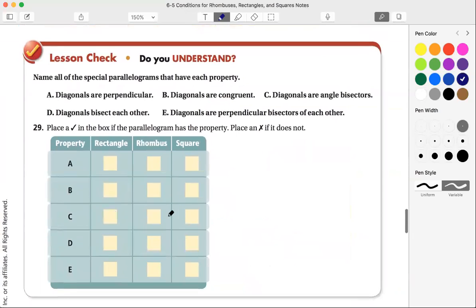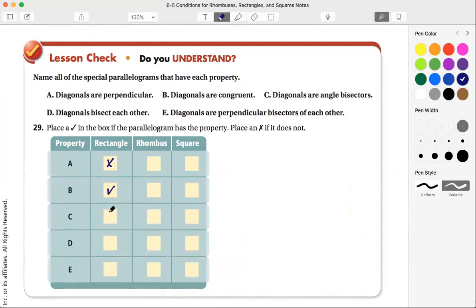All right, so name all the special parallelograms that have each property. Diagonals are perpendicular, diagonals are congruent, diagonals are angle bisectors, diagonals bisect each other, diagonals are perpendicular. So we're going to put a check in the box if the parallelogram has that property and X if it does not. So a rectangle has properties